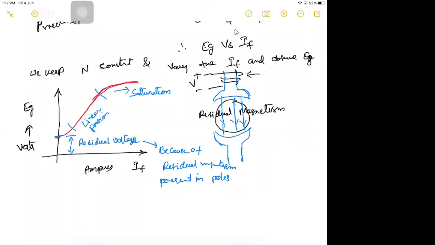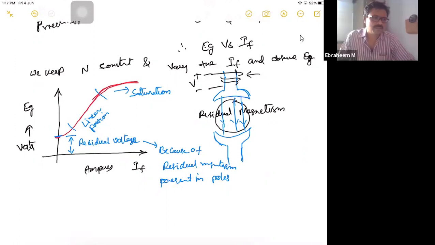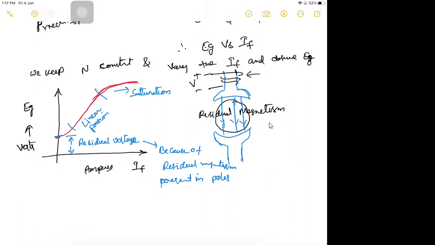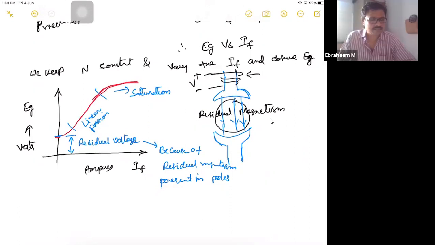Sir, if it is a new generator, then there will be no residual magnetism. There should not be. But before supplying, see, once the company manufactures it, when they manufacture, they will test the properties, whether the machine is giving proper performance or not. So for testing, obviously they would